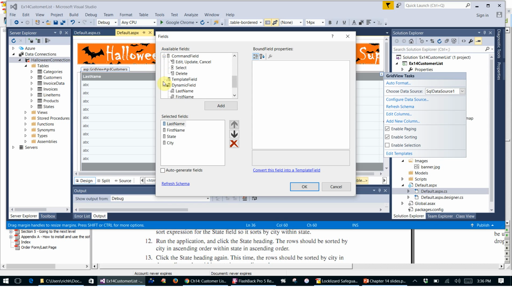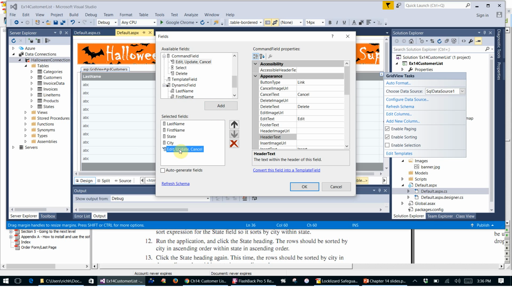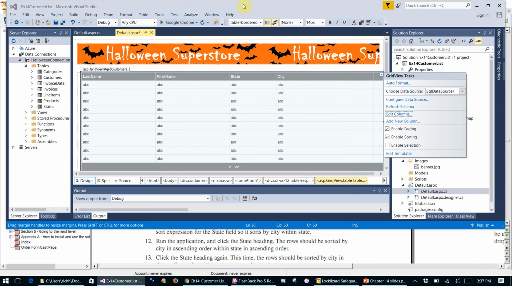I'm going to add an edit, update, cancel button. Click add, and so that ends up right down here. One thing though is when I click OK and I run this,